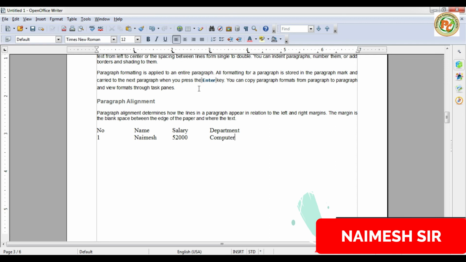This way we can use the tabs, and it uses tab formatting. Without using that, we can also use the tab key.